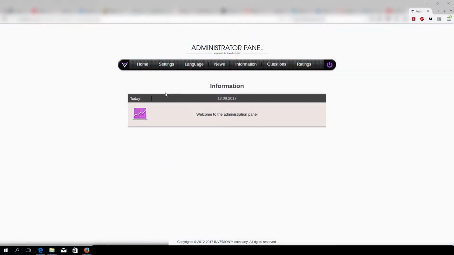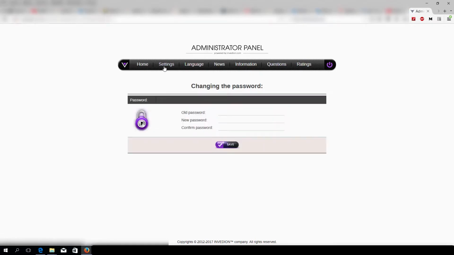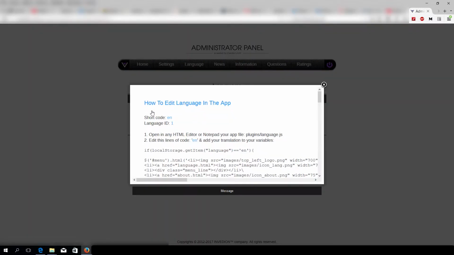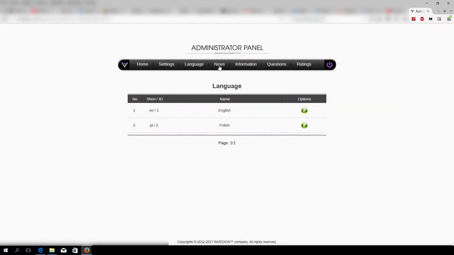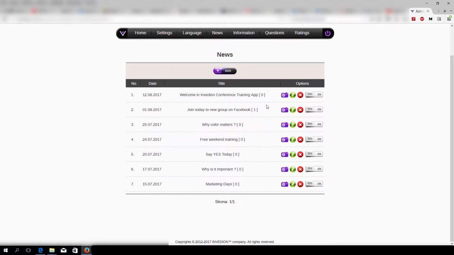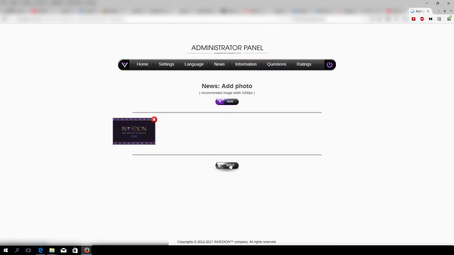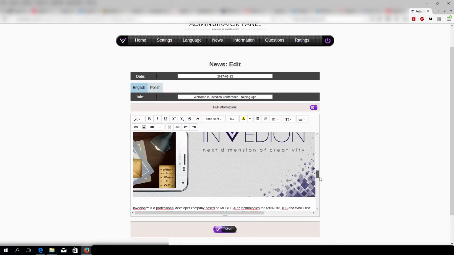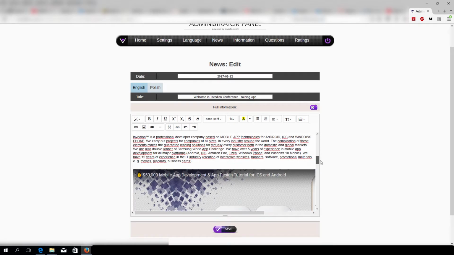In our admin panel, you can add a new password under settings. Language tab is the place where you can add a different language to your app. Just click here and follow these few steps to do so. News section is the place where you add new entries to the news section. You can add photos, and this is what it looks like in practice with text, photos and